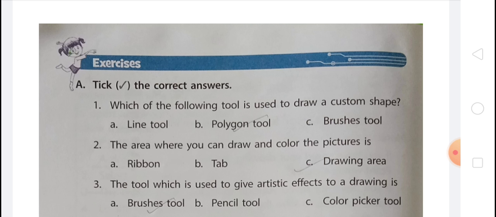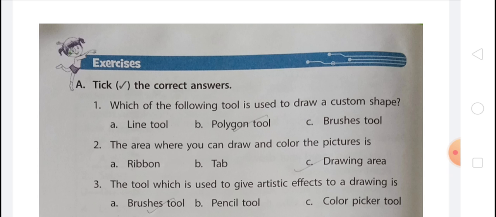Pencil tool. The pencil tool is used for freehand drawing. It gives you the feel of drawing on a sheet of paper. To use the pencil tool, you have to follow some steps. First, in the tools group, select the pencil tool. After that, in the colors group, choose any color in the color palette. Make sure that the color 1 button is selected. Then click on the size drop down button and select the thickness option for the pencil line. After it, in the drawing area, left click and drag the mouse to draw a tree with leaves and a trunk.